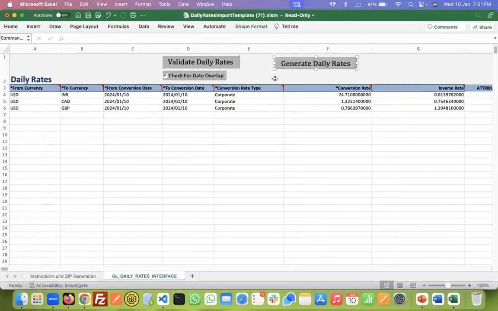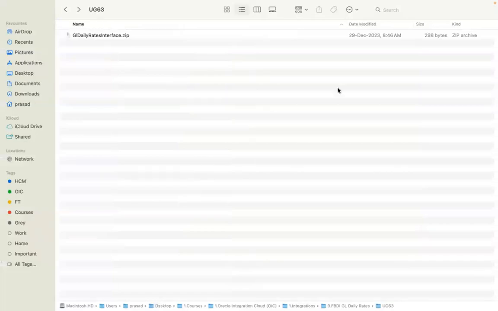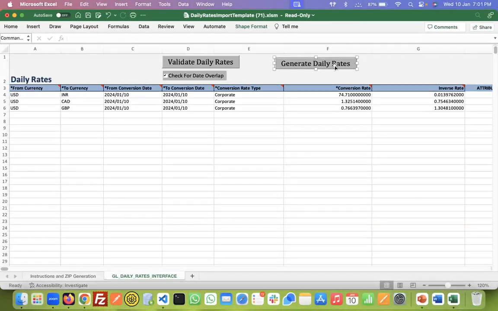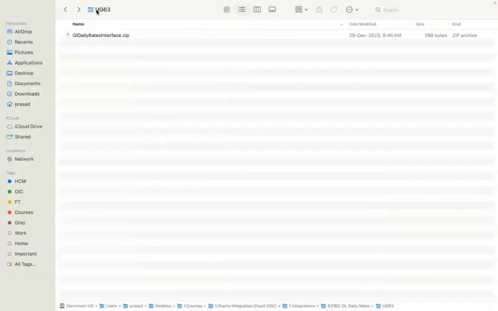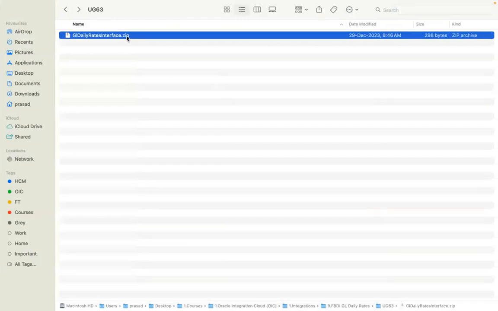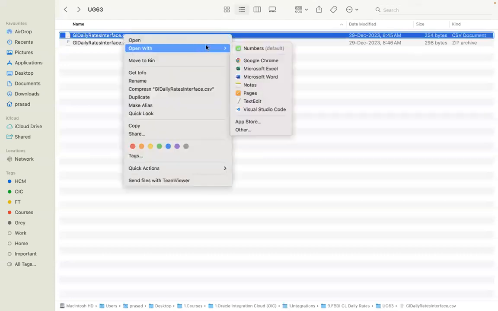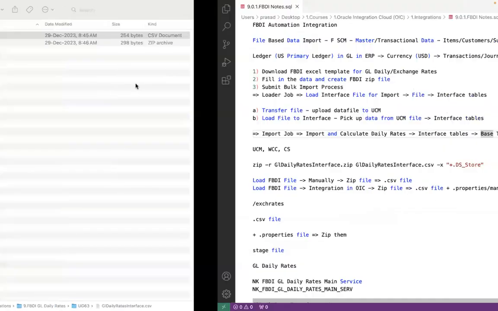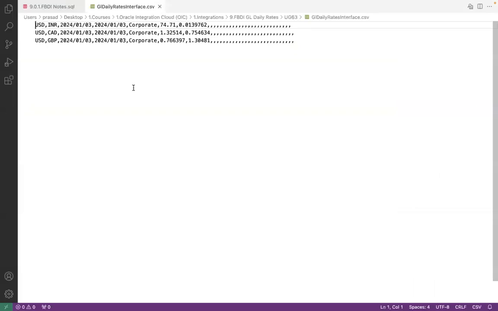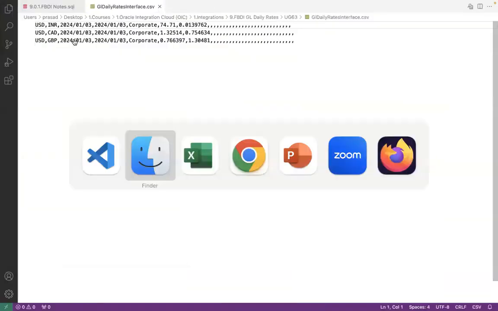So the moment you hit this particular button, what would happen? You would be prompted to select a folder. So what you can do is go to your desktop, create a folder there, and select it. And the moment you select a folder, immediately a zip file would be generated in that. If you open that zip file, there would be a CSV file in it. And if you open the CSV file, what data would you get to see, guys? Whatever data that you entered here,